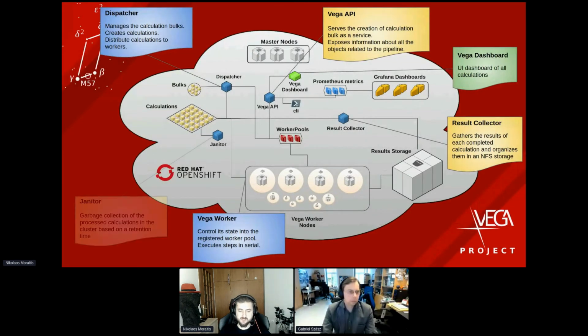Janitor, I think this is a pretty clear name. This is responsible for garbage collection for all the processed calculations. We have a specific retention time. I think that this is pretty common in